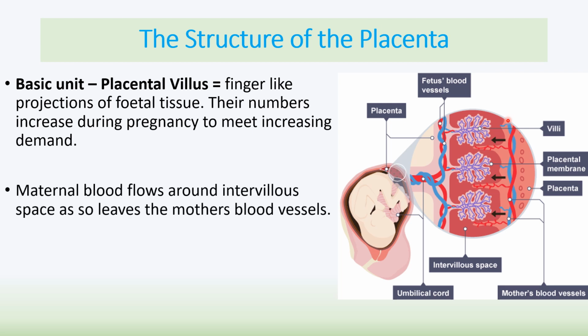The maternal blood flows around the intervillous space, so it leaves the mother's blood vessels. So here you see what happens is you've got the mother's blood vessels here, so the blood actually enters this space around the placental villus, which means there's a good amount of exchange happening directly with the baby's tissues. And the fetal blood flows in the capillaries into the villus. So you see the fetal blood comes in here through these blue narrow tubules and then back here in capillaries in the villus. So there's a really close exchange of 1 cell between the mother and the baby,